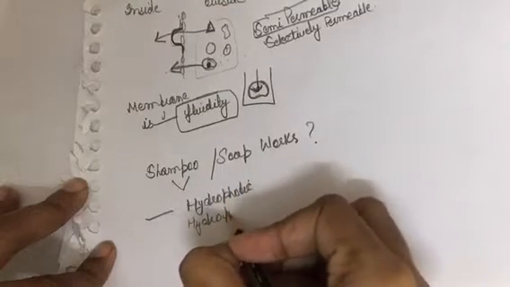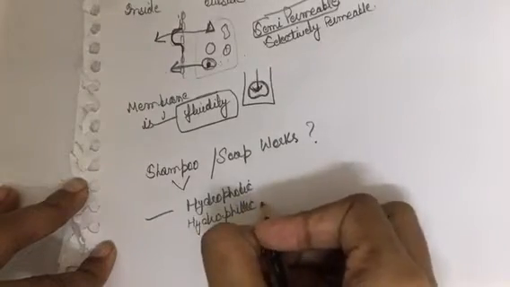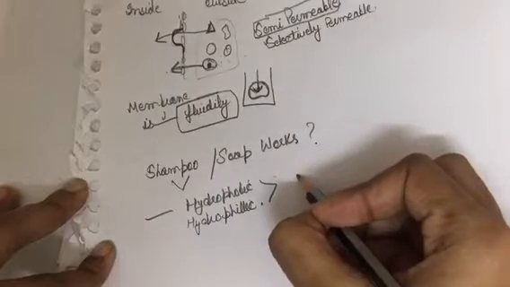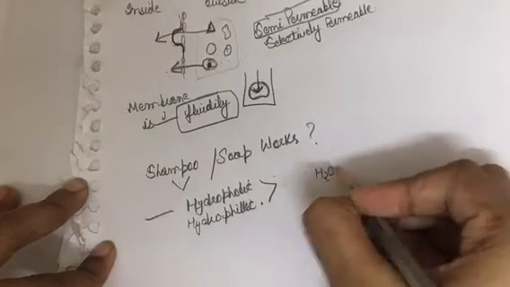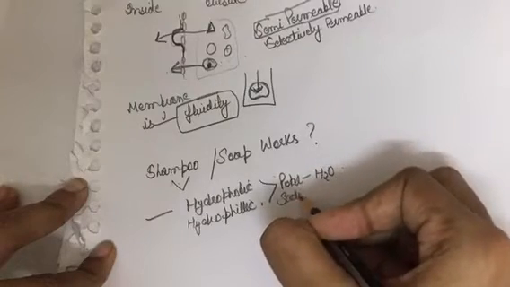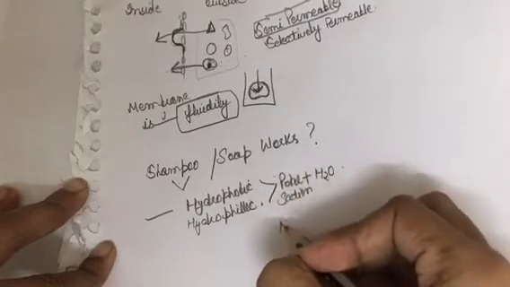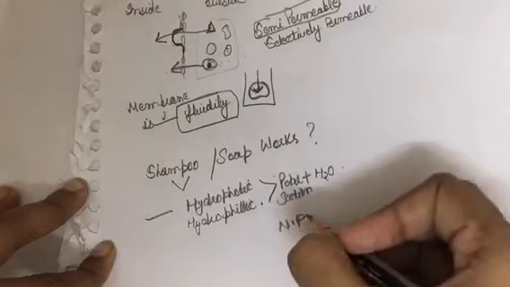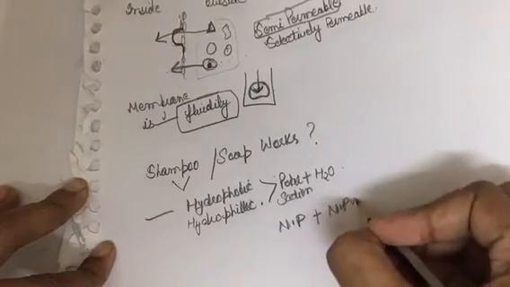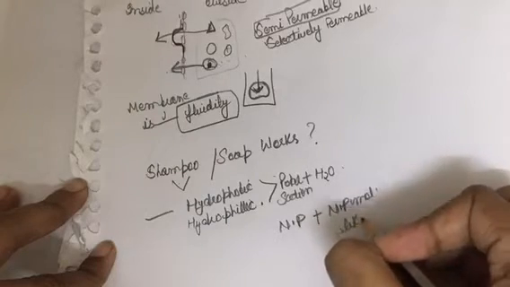This is the meaning of amphipathic nature. So their polar section will combine with water, and their non-polar section, which is hydrophobic, will stick with non-polar molecules like grease